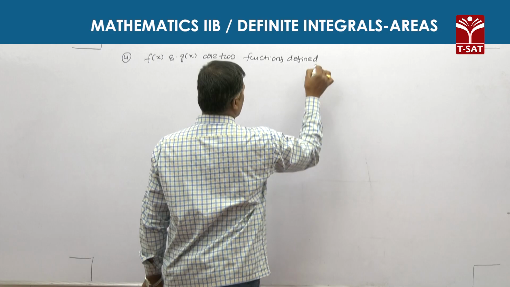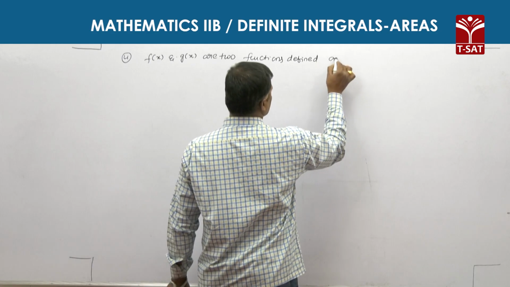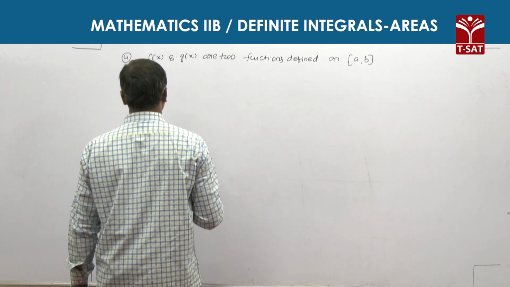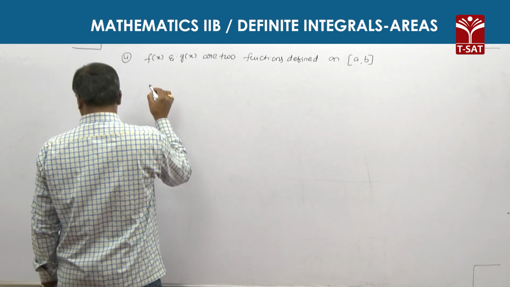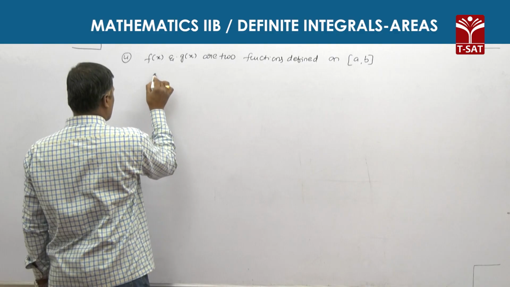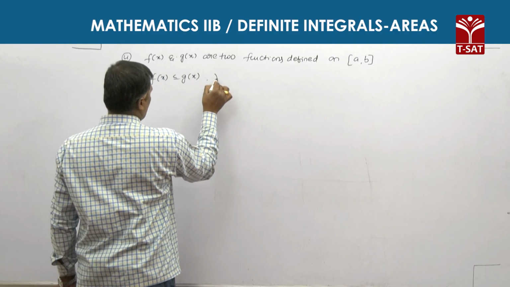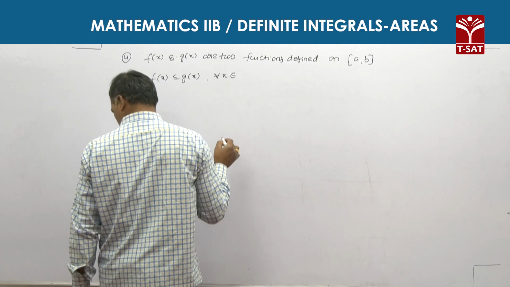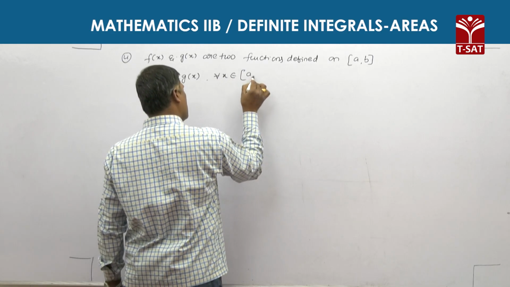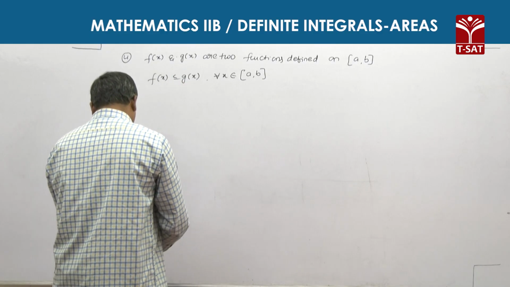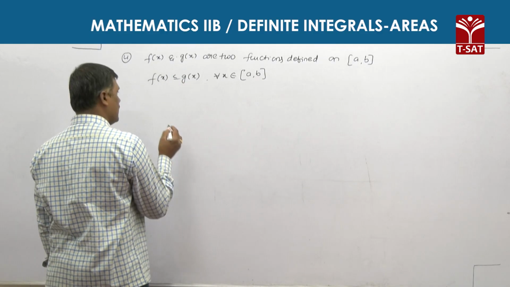f(x) and g(x) are two functions defined on the closed interval [a, b]. f(x) is less than or equal to g(x) for all x belonging to the closed interval [a, b]. Then